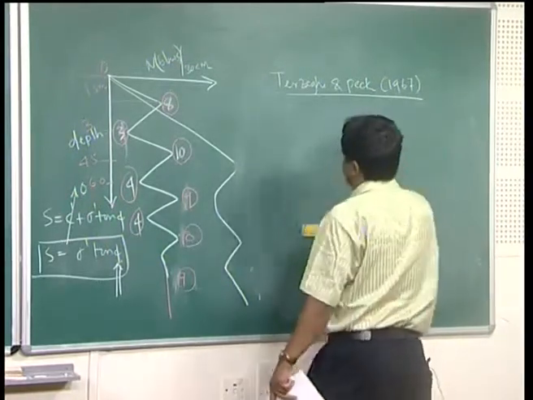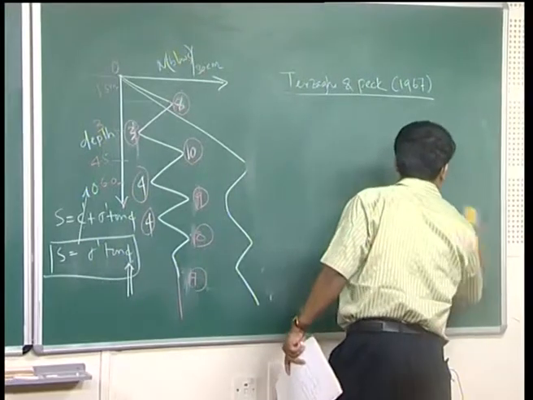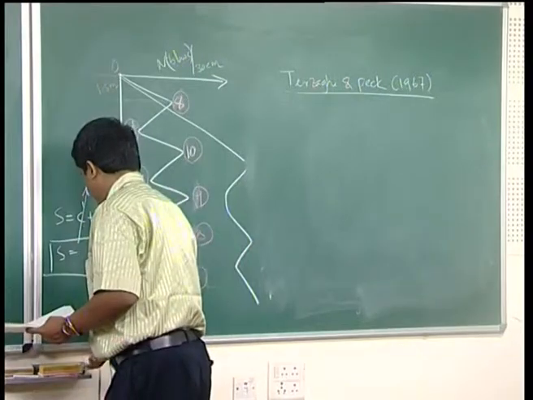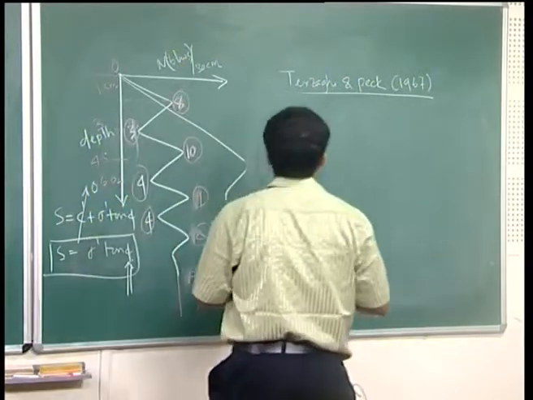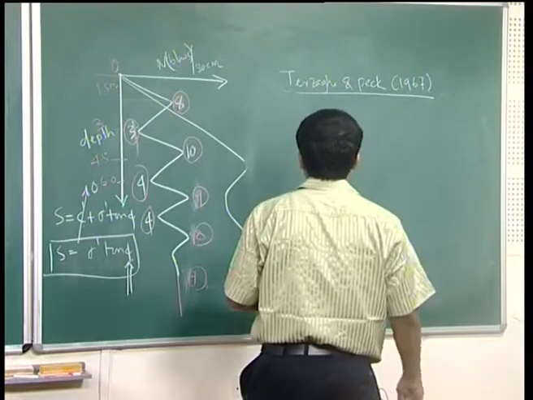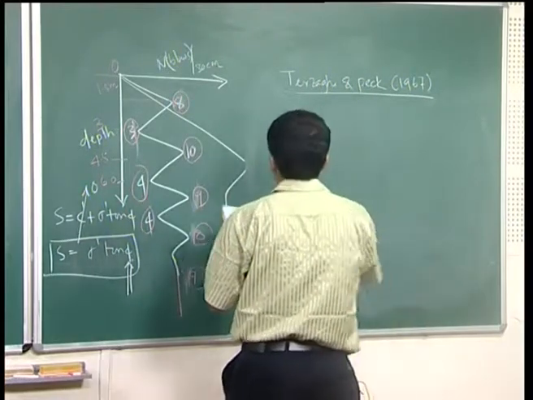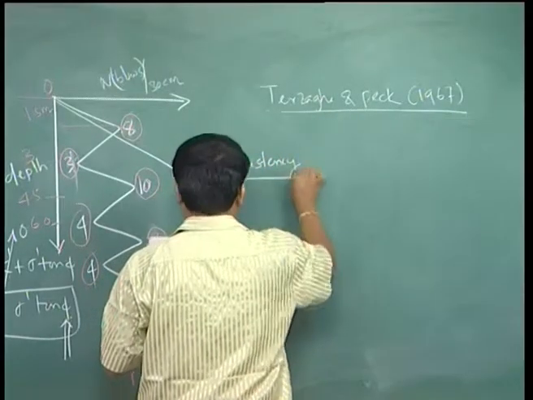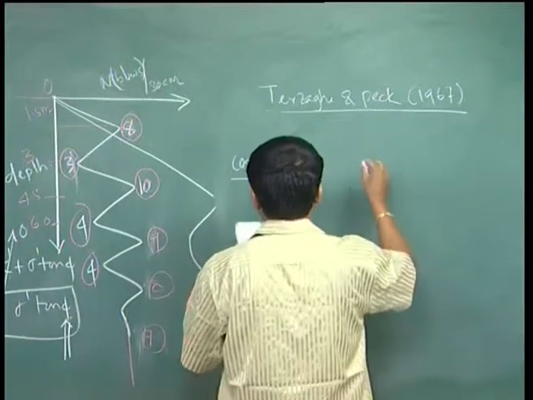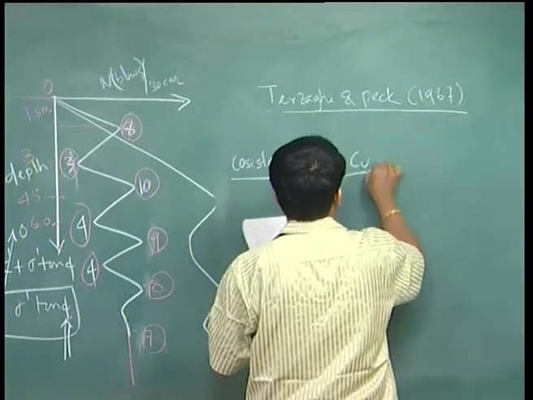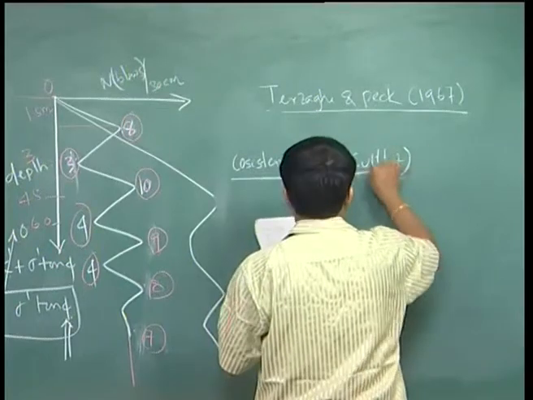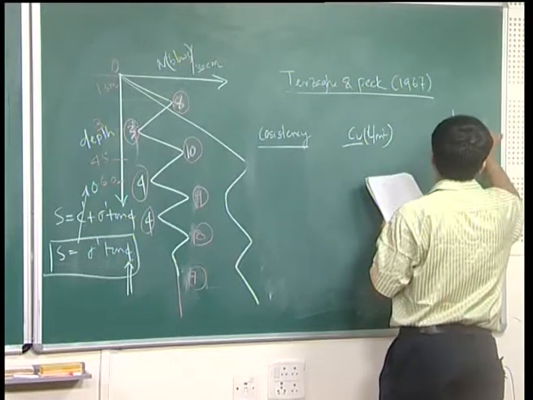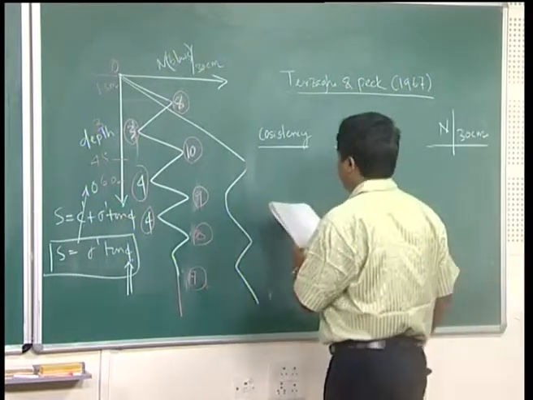though the standard penetration test is exclusively for granular soil, similarly for cohesive soil also, if you go for the standard penetration test, some correlations have been given. So, this is your consistency, then unconfined shear strength Cu in ton per meter square, then N per 30 centimeter, number of blows for 30 centimeter,